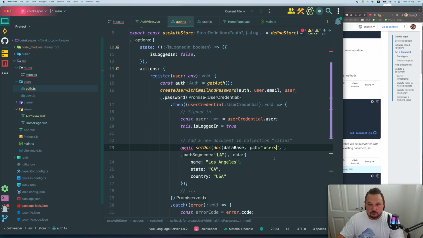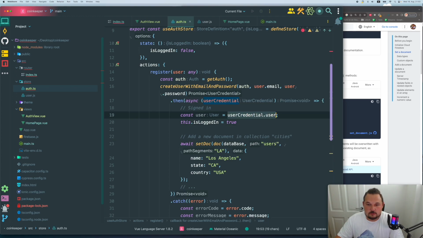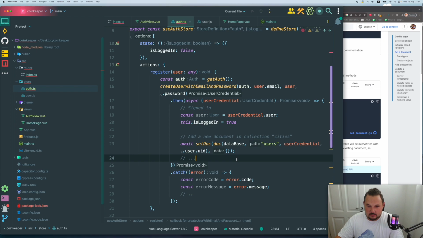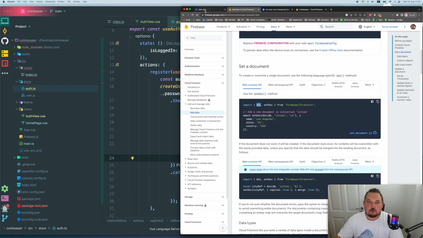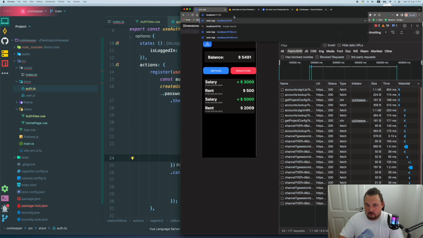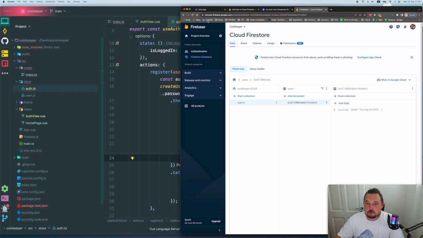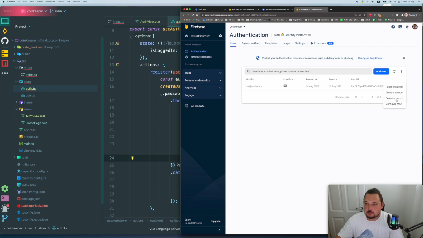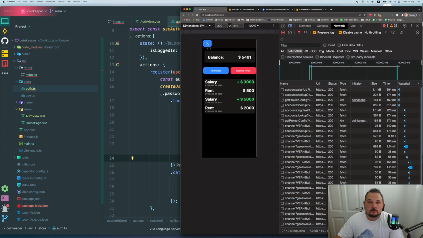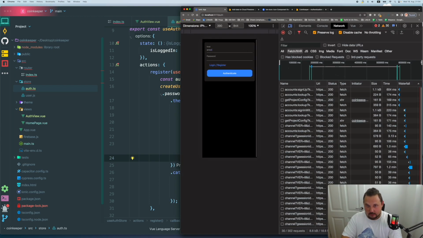We will have users. Now the last thing we will need to do is to take that user credential user thing that we receive after creating a user and put it into here with ending. And as of data, we pretty much don't need any data. Let's, however, see how it works. So we're gonna refresh. I want to also, where's my authentication? Let's delete that account. Let's refresh, go to auth and say Anton,